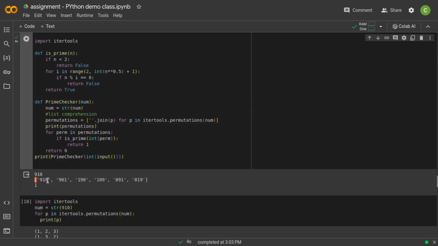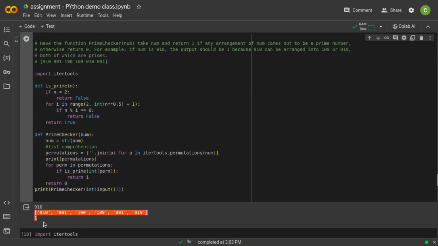It was a list, and inside the list you have strings. It is in a list, converted into integers now, just like 910, 901. And then for every iteration it takes the first value and gives it to this